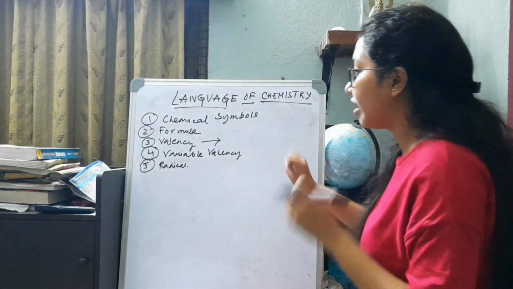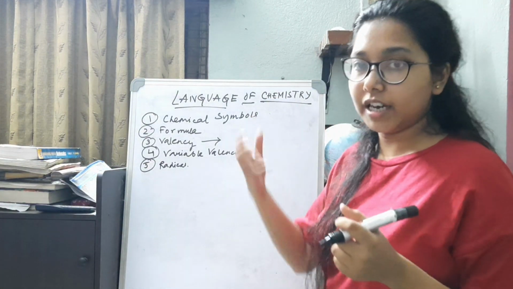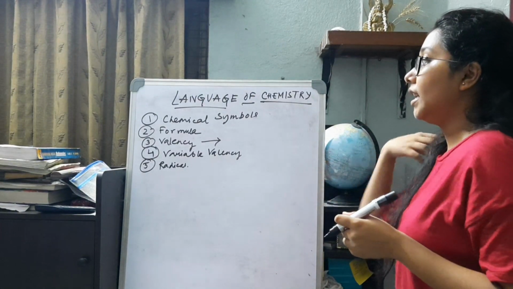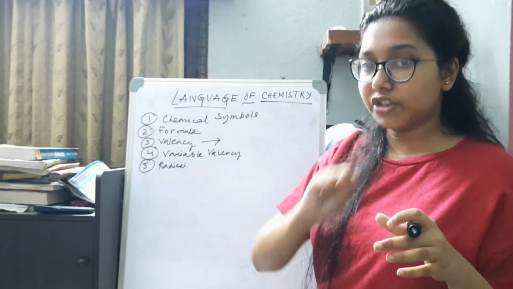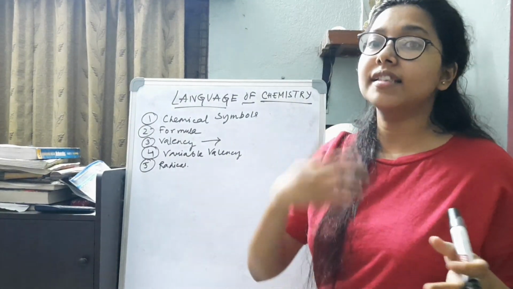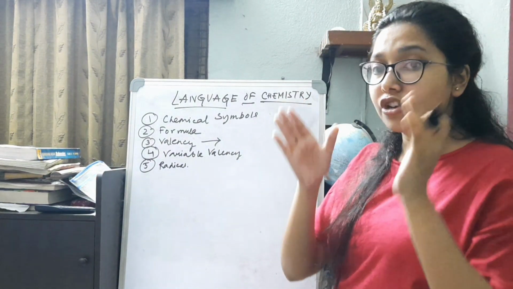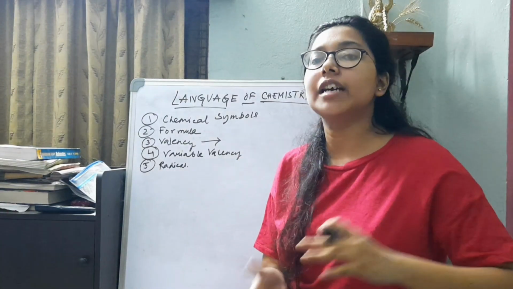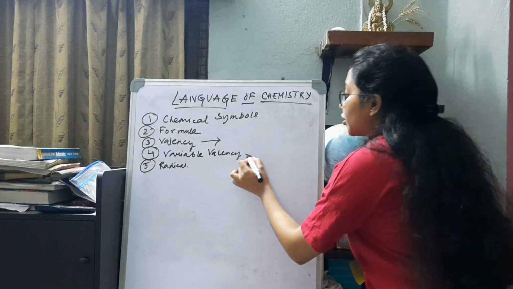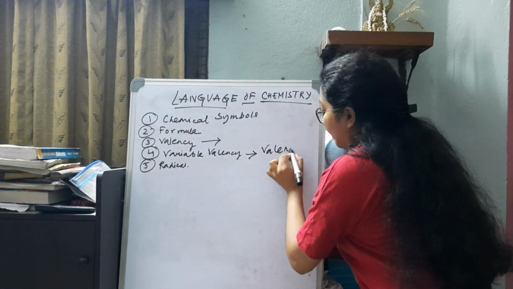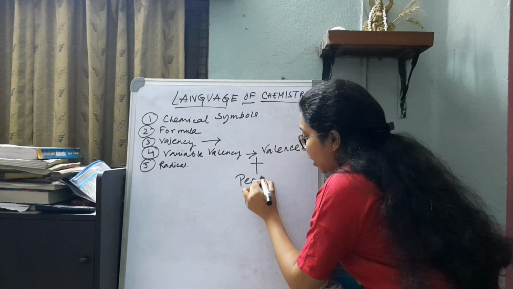So what is the cause for the transition metals or d-block elements to show variable valency? The main reason is that in other cases, for example sodium, magnesium, aluminium, nitrogen, we have seen that the electrons are lost only from the valence shell. Those are the valence electrons being lost. But the atoms of the elements which show variable valency generally have a tendency to lose electrons not just from the valence shell, but also from the penultimate shell.